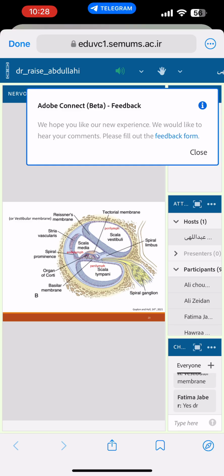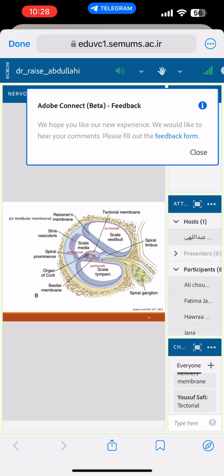Vestibular membrane. Or the other name, Reissner's membrane. Very good, thank you. And here, scala tympani. This is basilar membrane, and this is organ of Corti, and